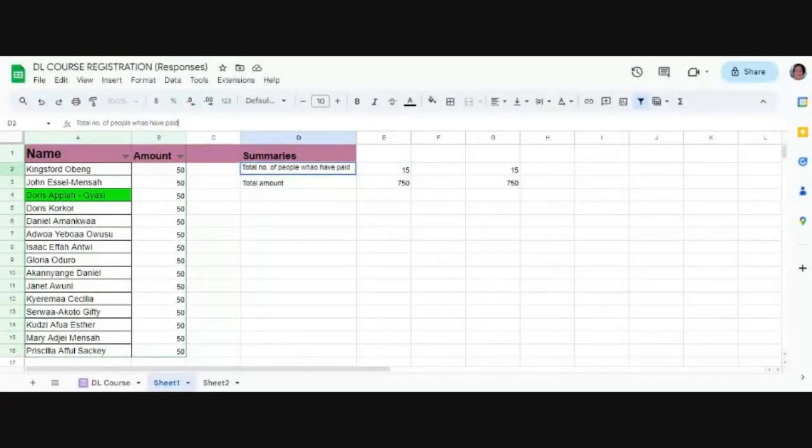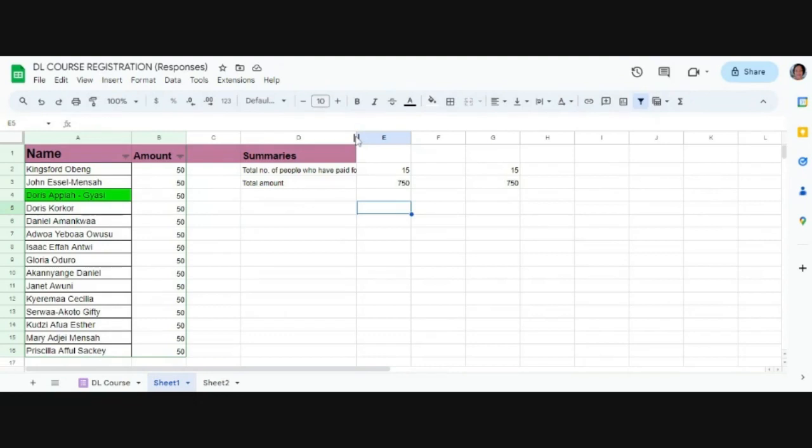So total number of people who have paid for the course. You see it is long and you can't see all the text as it used to be.